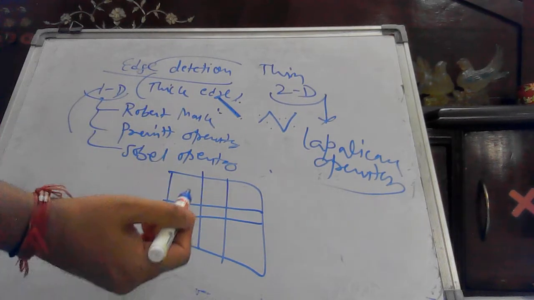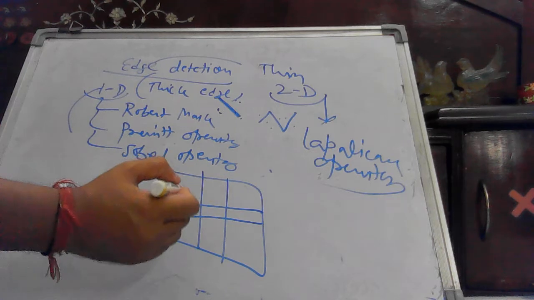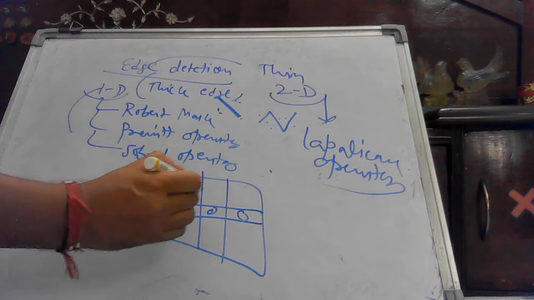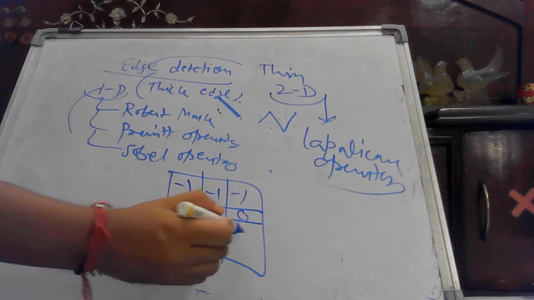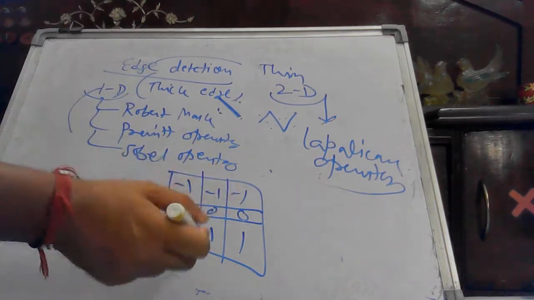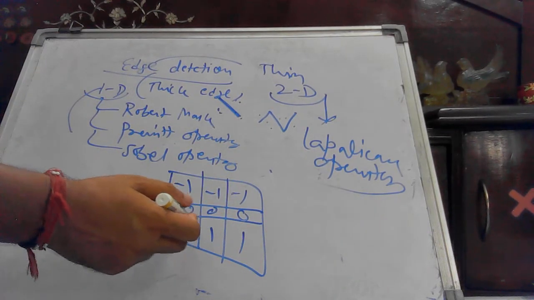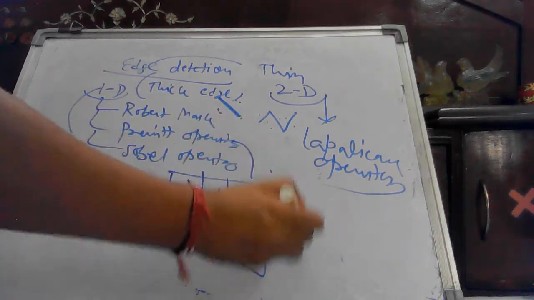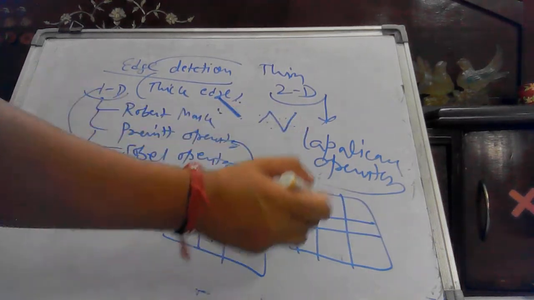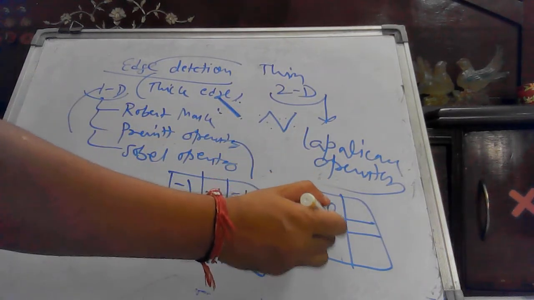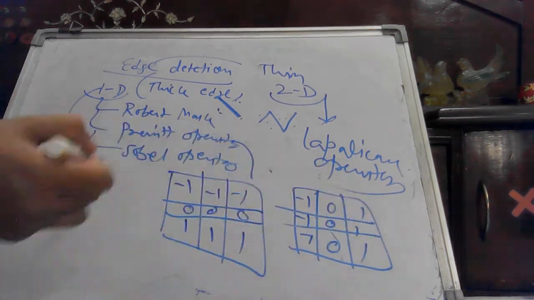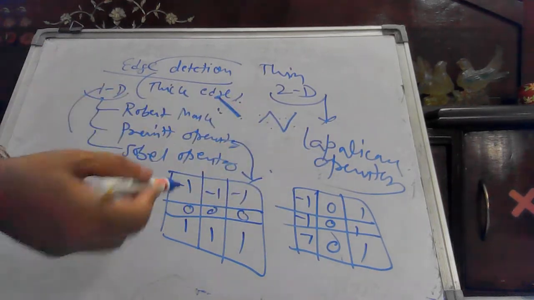Normally, if you are detecting horizontal edges, you could have a mask like this. We have already talked about this in that discussion. The sum of the coefficients of the mask should be 0. That is an important point you also know. So this is the horizontal edge detection using the Prewitt operator. And similarly, if you want to detect vertical edges, you could use it like this. So these are the two types of Prewitt we have already seen.